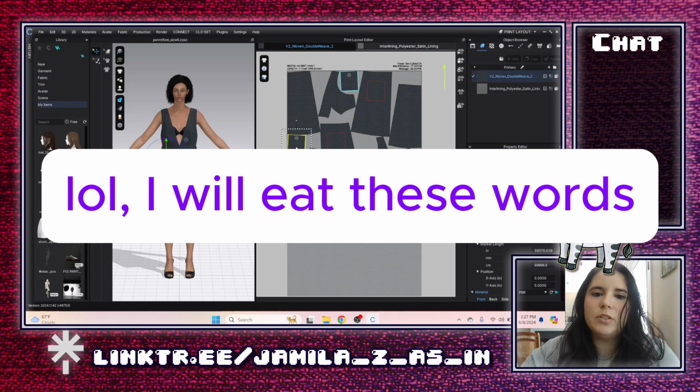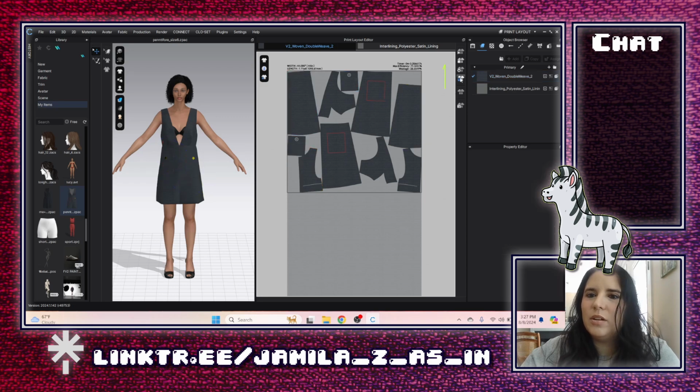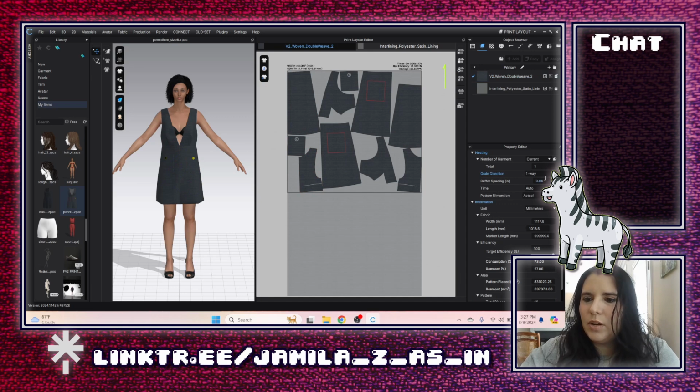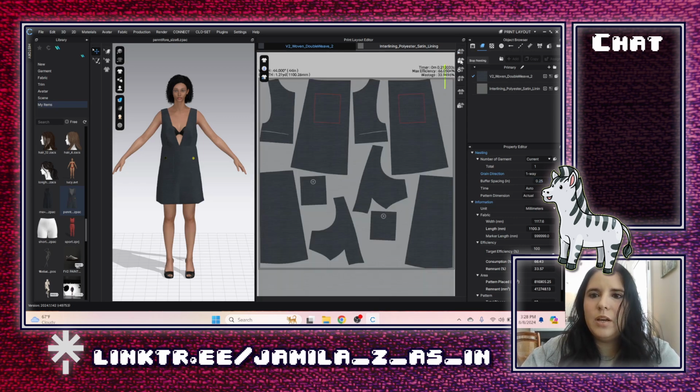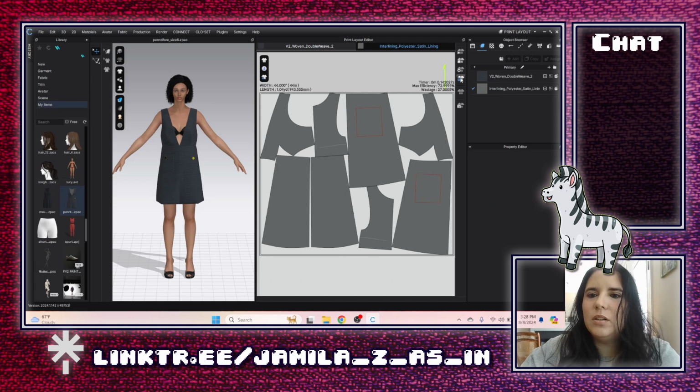I can move these around too, because this is a little bit too close, these are all too close together. There's a settings button here, right? Buffer spacing, 0.25. There we go. Much better. Kind of wasteful, kind of wastes some space. I'd have to play with it, but the idea here is that I can then